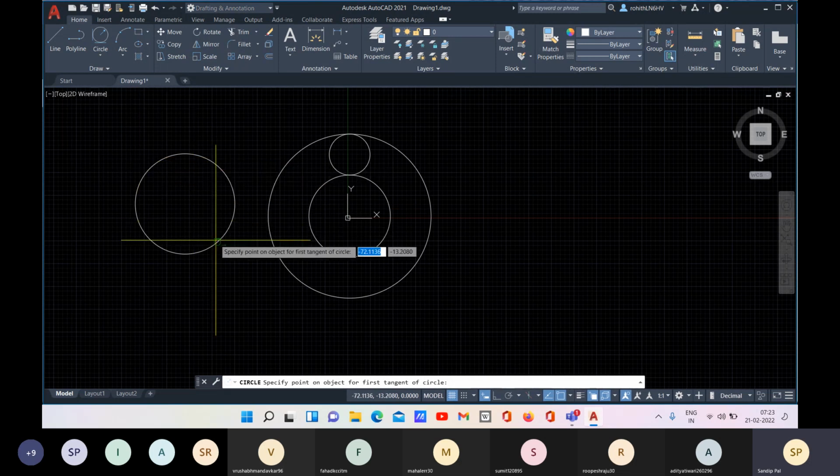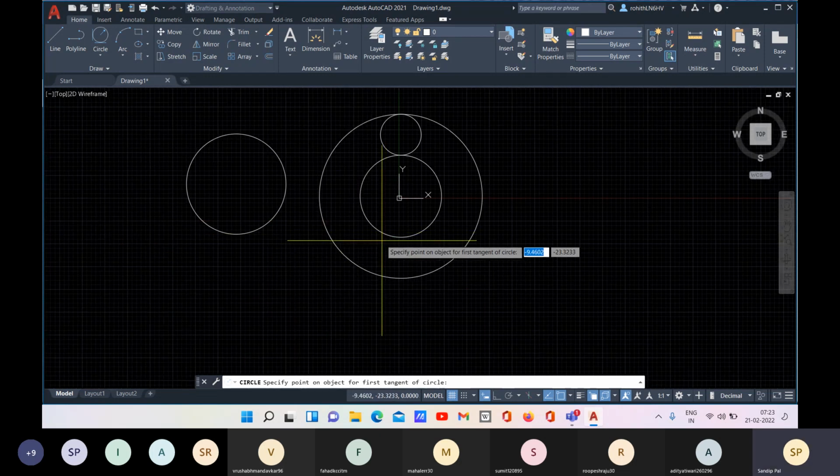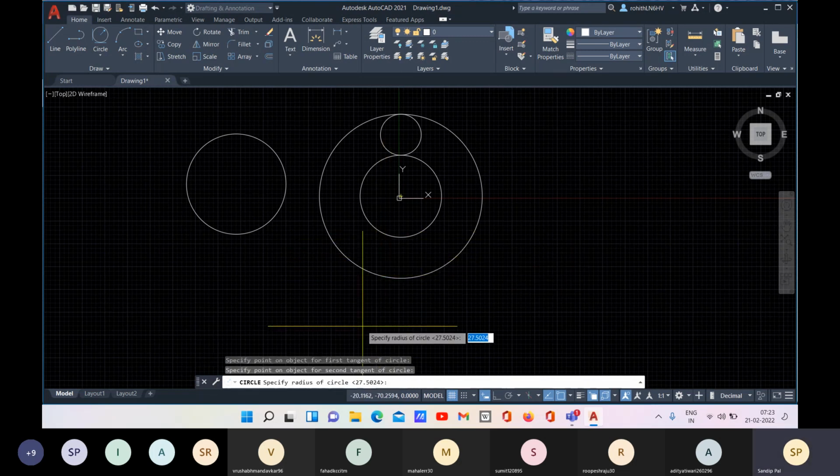Now we have this tangent radius. You will be defining two tangents, and then you will mention the radius. Okay. So here, if I take this as a tangent and this as a tangent, now where do you want to place it?